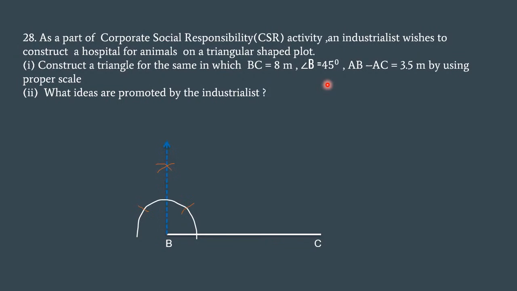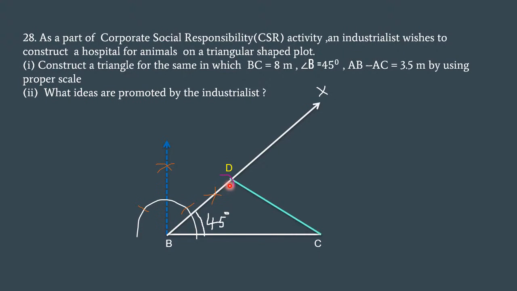This is 90 degrees. Now we are bisecting this 90 degrees so that you will get 45 degrees. BX is a ray for 45 degrees. See, now angle B will be 45 degrees. Now after making angle B 45 degrees, on a compass take 3.5 centimeters. So put the pointer at B and cut an arc at ray BX, which is 3.5 centimeters, and mark it as D. BD is 3.5 centimeters.